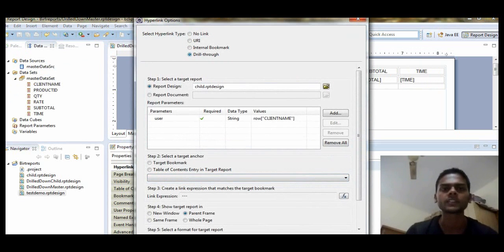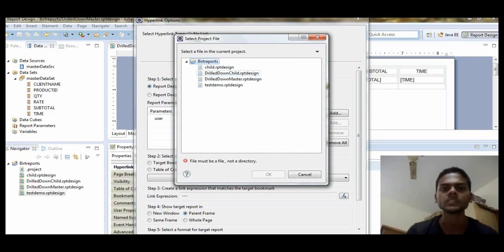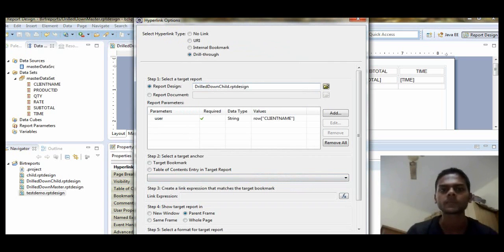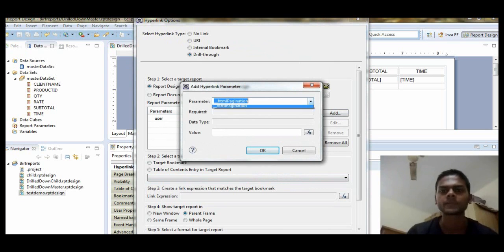Click on edit, go to drill through. Here I have selected the drill down child report. Okay, click on OK, click on add. Here you can name the parameter any name.